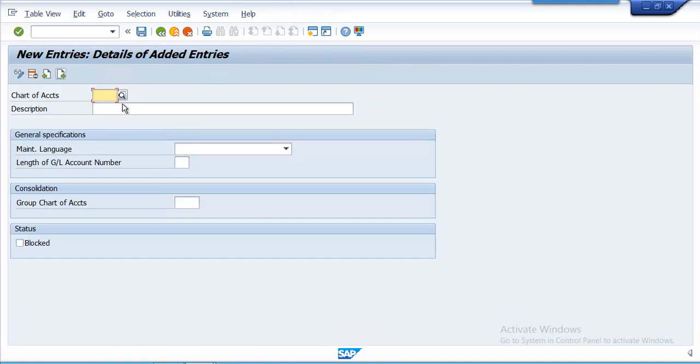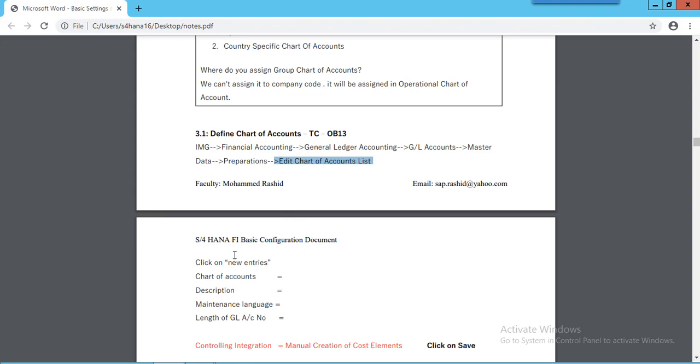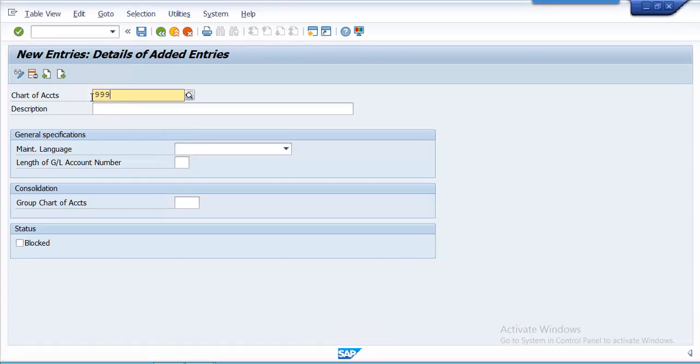Click on new entries. It is mentioned clearly here. Click on new entries. Language